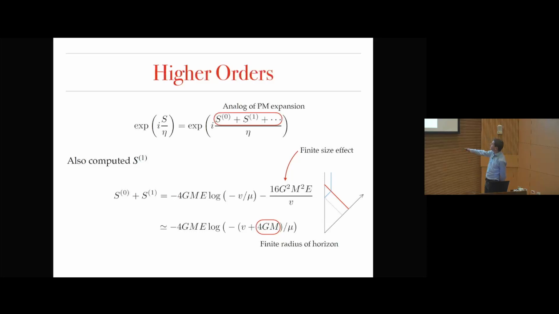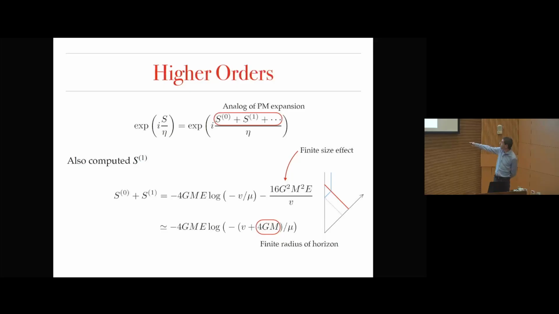I mean, the simplest way to think about it is in this form here. So I'm expanding this phase S in powers of GM. We're in a luxury situation. We know what the phase is, so it's this quantity here. I'm expanding this thing in powers of 4GM. So the leading term is just this log minus V, and then there's going to be all of these corrections that have these GM over V corrections.